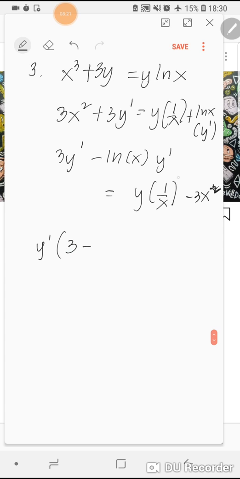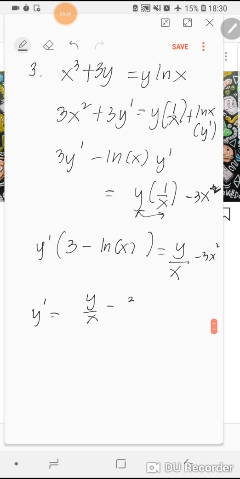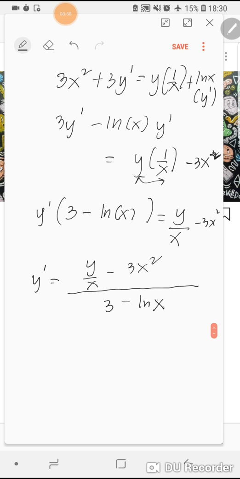So taking out the y prime, 3 minus ln of x, and then y, so you can just multiply that outright, y over x minus 3x squared. After which, we can just say y prime is equivalent to y over x minus 3x squared over 3 minus ln x. If this looks intimidating, or you feel like there's something missing,